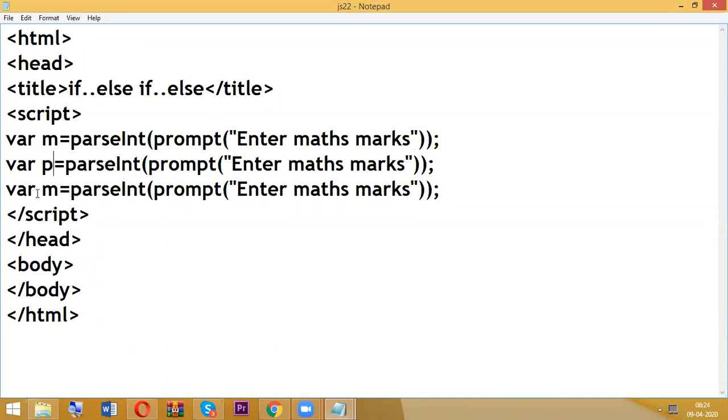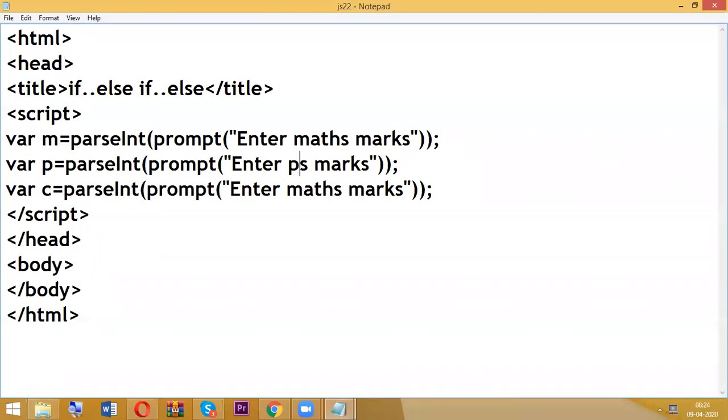So physics, chemistry. In case of prompt, it is going to consider it like a string. That's the reason we are converting into number with the help of parseInt.